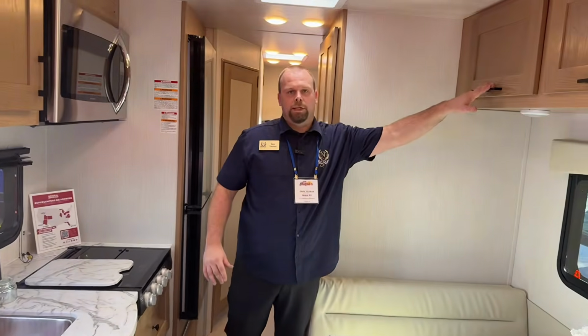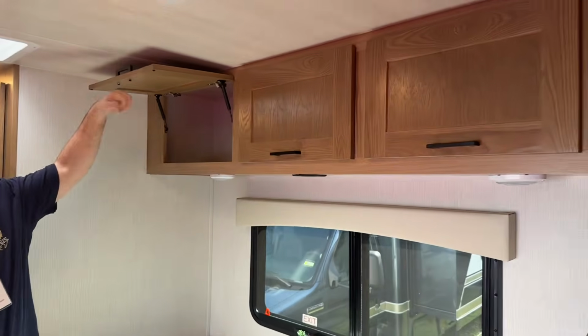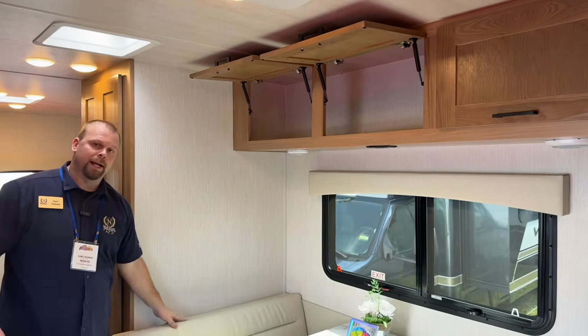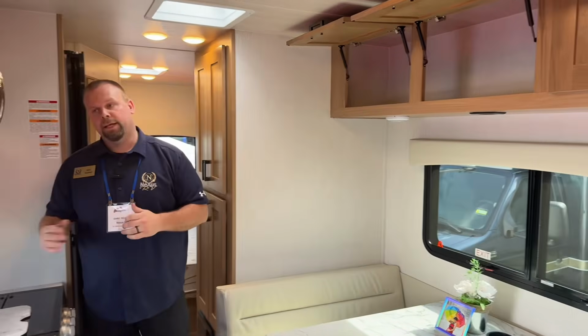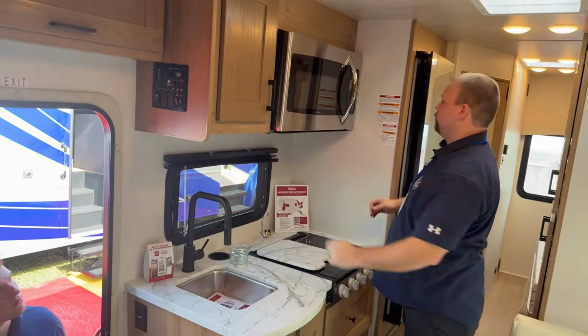Up top here, once again, in Nexus, if there's a spot for storage, we're going to utilize it. You have your hardwood cabinet doors with your overhead storage above your dinette here. If you don't want to do a dinette, you have the option to do the double seat reclining seats inside here. Over here on the kitchen side, once again, you have your hardwood cabinetry doors, tons of storage here,